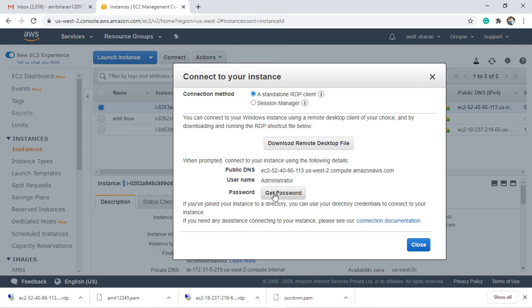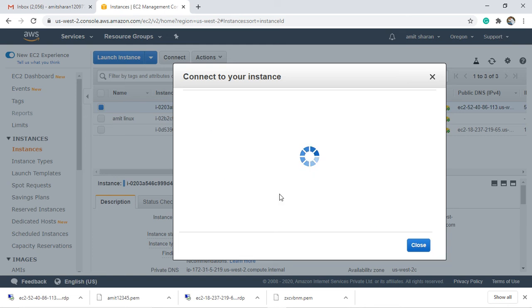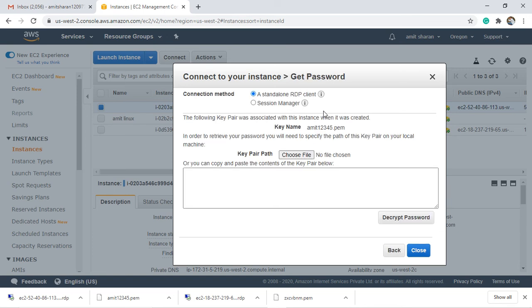We have to choose get password. So click on get password. For connecting to the instance, we have to get our password. Now we can choose our file to decrypt the password.